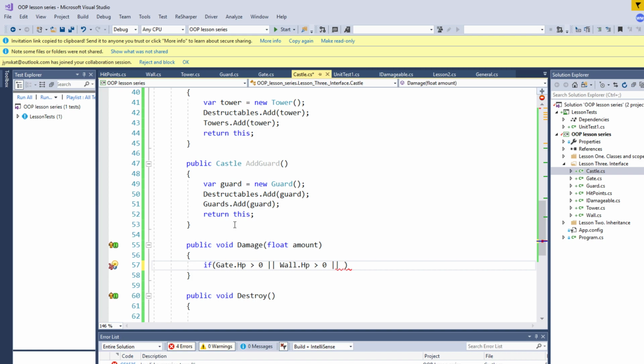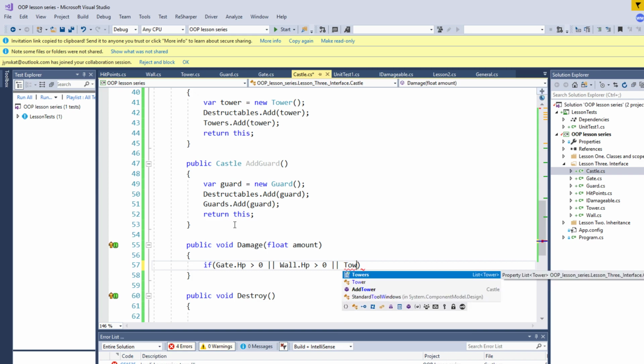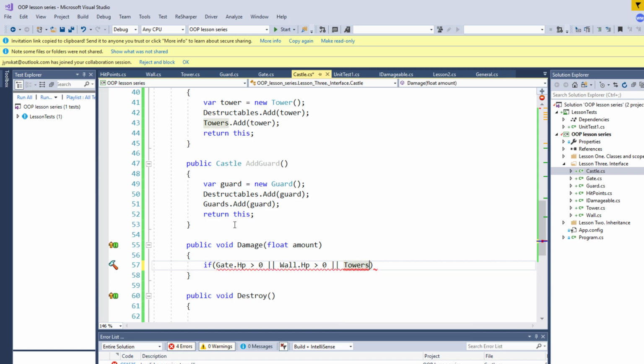So if there's some HP left for gate, wall, or any of the towers,